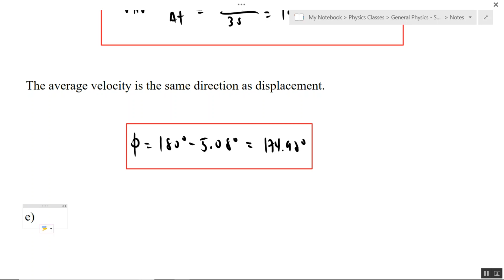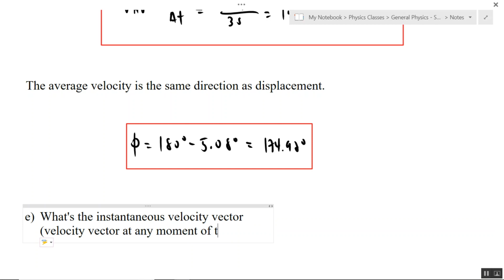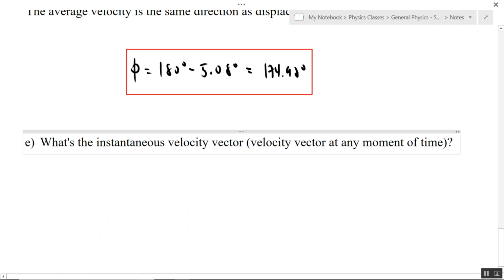So this is part E, right? So the question is, what's the instantaneous velocity vector? Which is the same thing as a velocity vector at any moment of time. So at any moment of time, you can figure out what the velocity vector is. Okay, so this is just the derivative